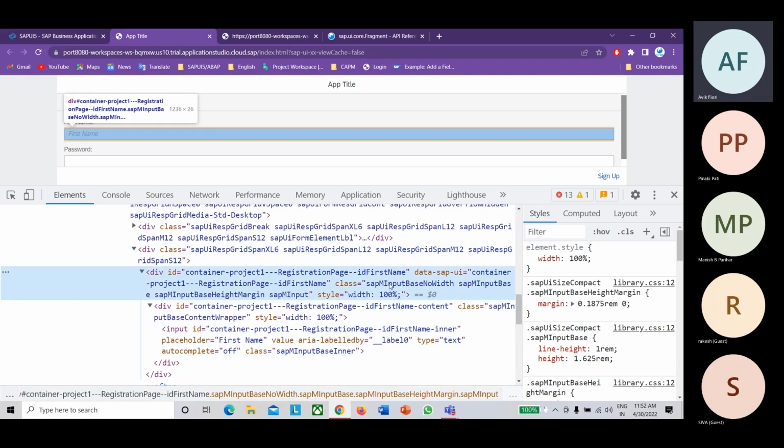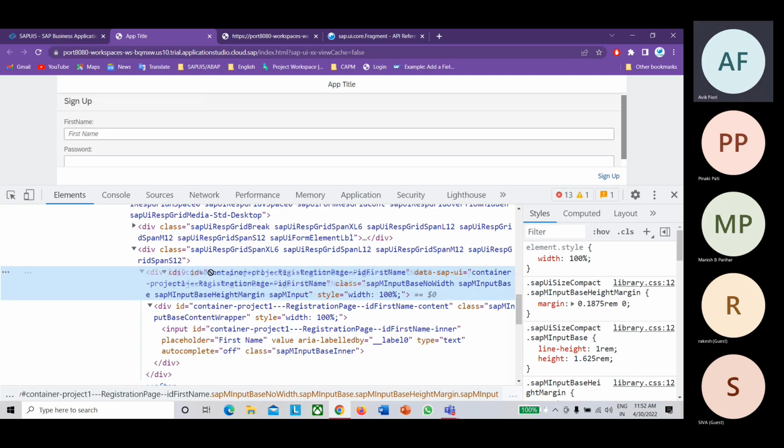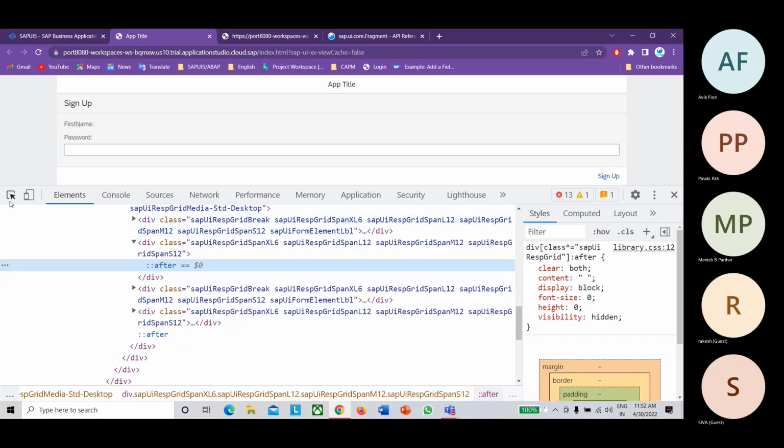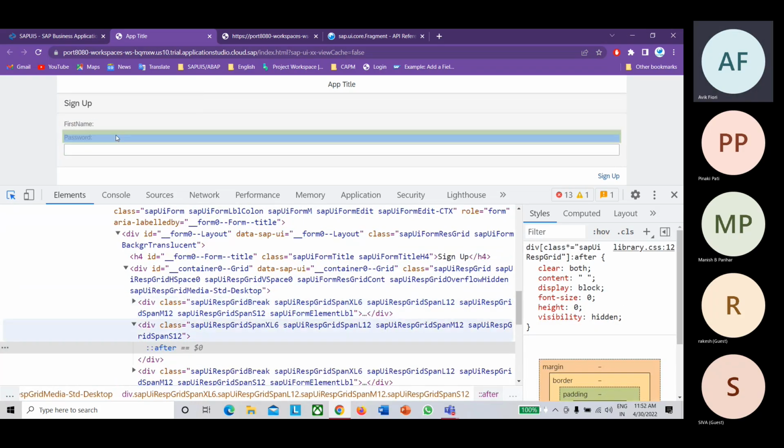Now if you scroll up, can you see the ID? This is your ID first name, and before that it prefixed the registration page ID, that is your XML's ID. Before that you can see your project ID, and again before that, this is your container ID. It is automatically done.